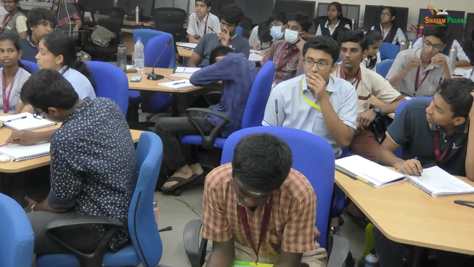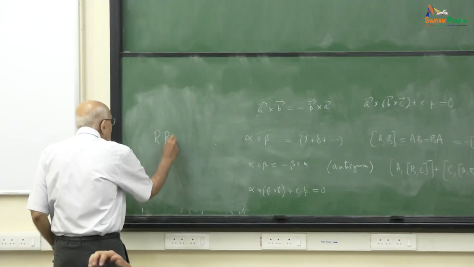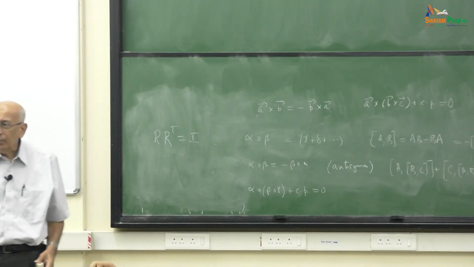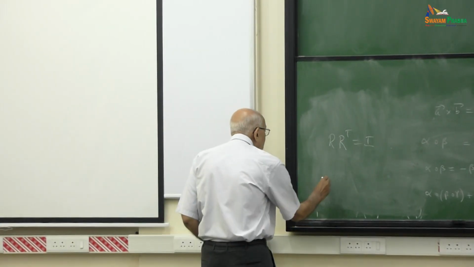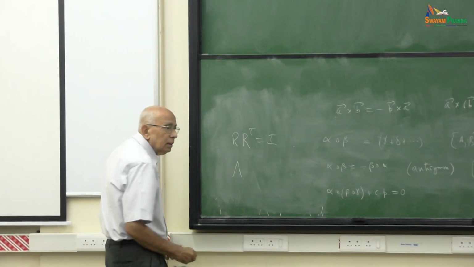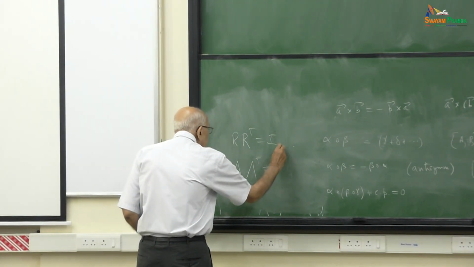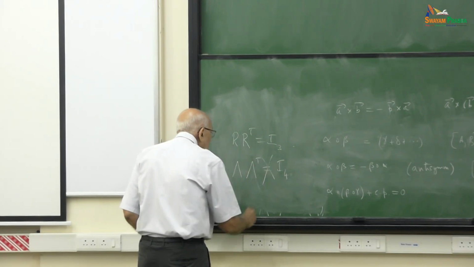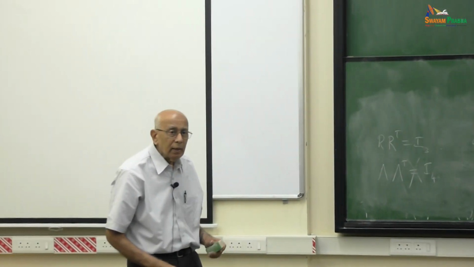He's got a good point here, which I should have mentioned. If a matrix R is a pure rotation, then R times R transpose is equal to the identity matrix. But if it's a Lorentz transformation, this is not true. Let me denote a Lorentz transformation in 3 plus 1 dimensions by capital lambda. This is in 3 dimensions, and this is in 4 dimensions. It is not true that lambda times lambda transpose is equal to the identity. So it's not orthogonal. Instead, what happens is